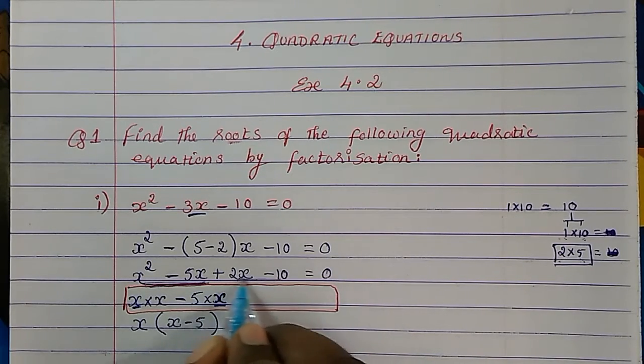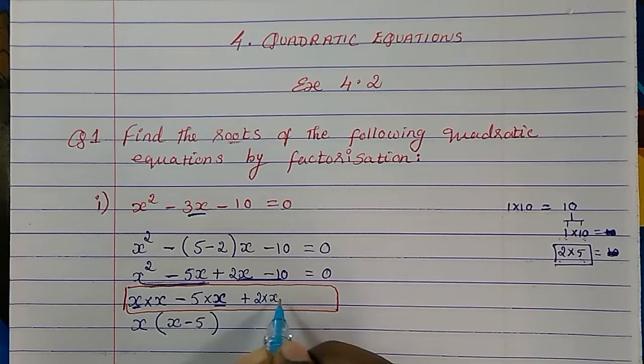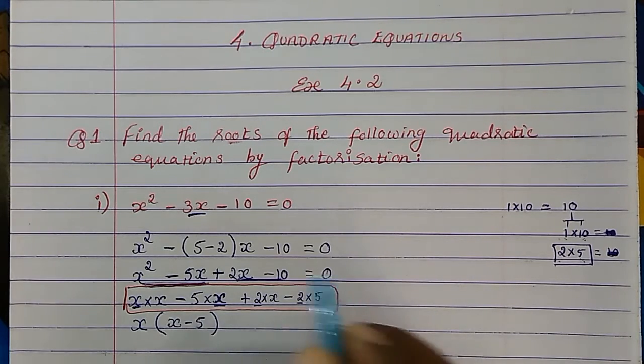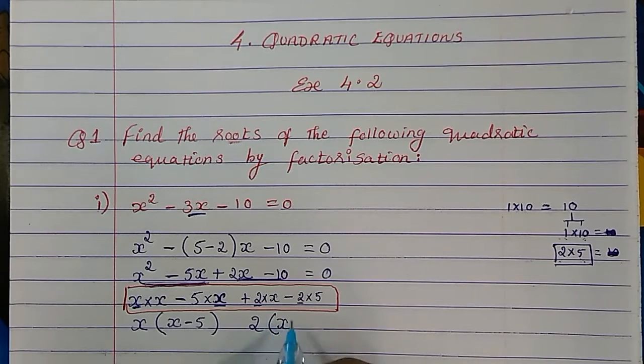From here, the pair, how will we do it? Here 2x is there. So here you have plus 2x, which is 2 into x. Then this minus 10 can also be split: 2 into 5 will be 10. So what can we take as common? Here we have 2, here also we have 2, so 2 will be common. Now what is left inside is x, minus, and 5.